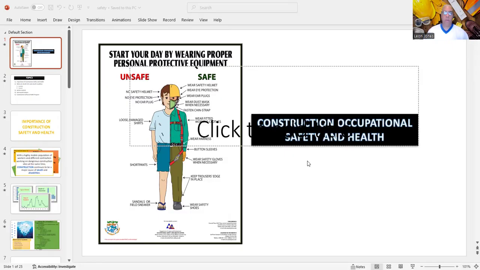No sandals or field sneakers. You must have safety shoes, particularly steel-toed shoes. On the safe side, you wear your safety helmet and eye protection. There's a lot of noise going on at construction sites, so to keep your hearing, because you're going to have hearing tests as well, you can wear earmuffs or earplugs. You're going to have a lot of dust. So the best PPE for dust is a dust mask, particularly if you see dirt coming from